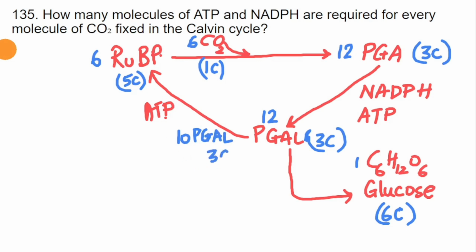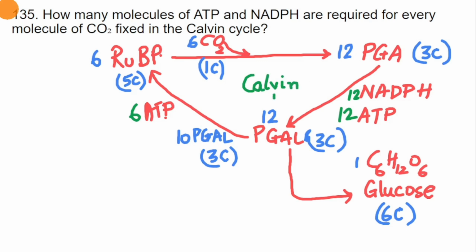So this is 3 carbon compound. This will form RUBP. So in this process, the NADPH which are needed. So here 12 ATP and 12 NADPH are used, and in this step 6 ATP are used. So per round, one round of Calvin cycle,